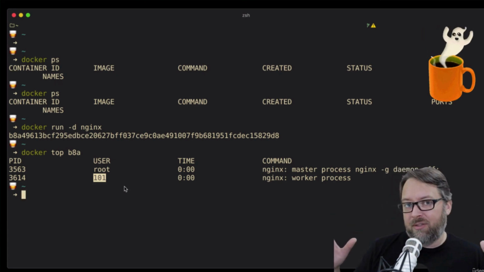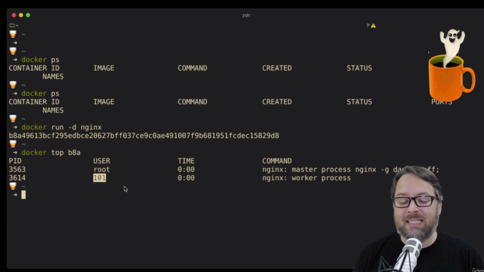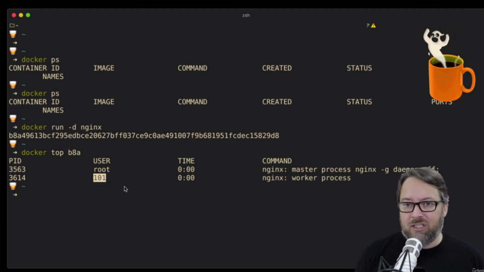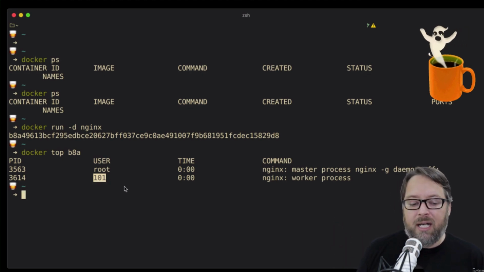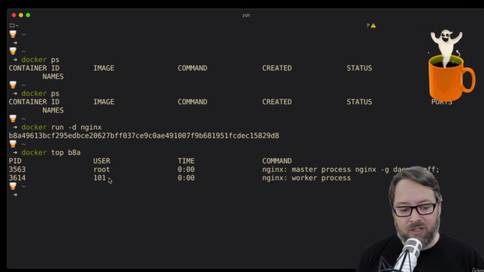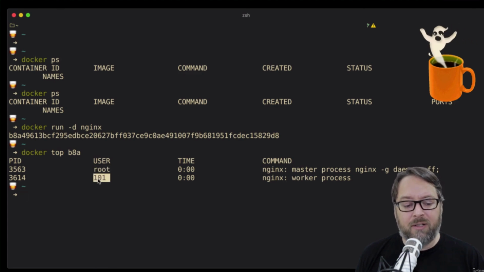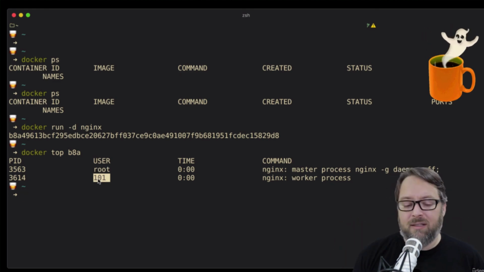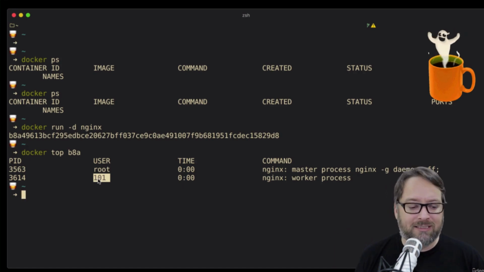They have one master process that runs as root, but that's not what's accepting connections and doing the majority of the work. Most of that's in these worker processes, and they run as a normal user, which means if there is a vulnerability in Nginx, chances are when incoming connections are coming in and someone's trying to exploit the Nginx HTTP protocol, they're going to be jailed into this user most of the time, unless there's a serious vulnerability up here. They're limited in what they can do, right? Even if they were to take over that process somehow, they're still limited as the user. So this is okay. This is still not running as true root inside the container.